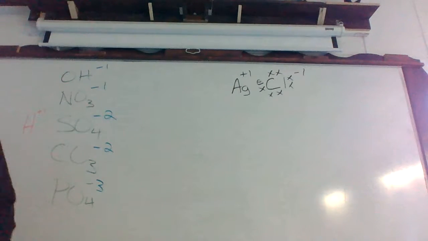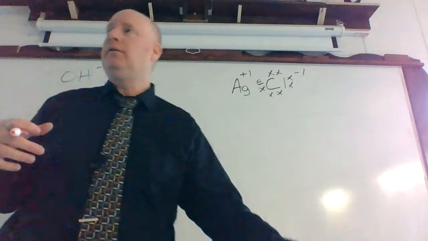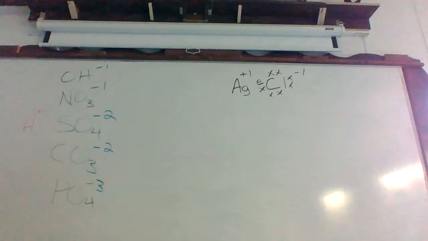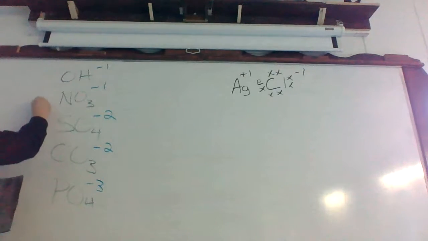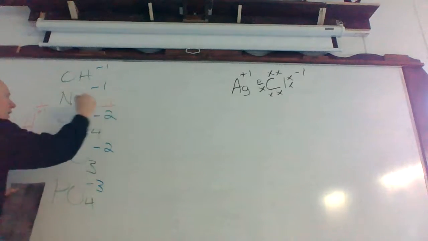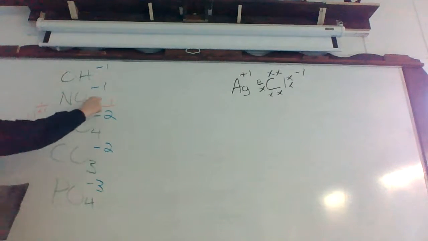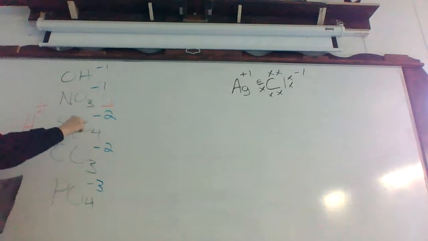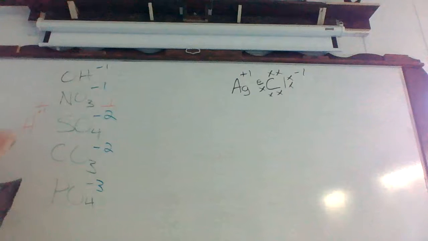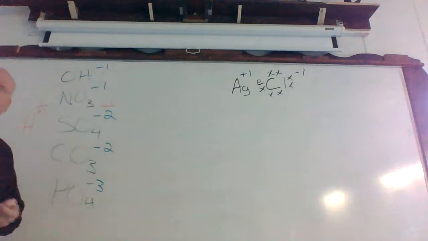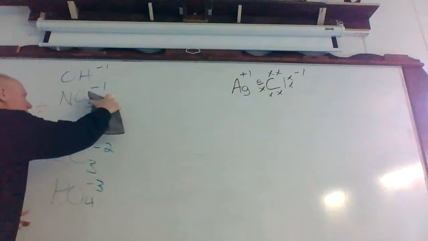You might be thinking, well, it's 1. That's the least common factor, but it's not the least common multiple. Because if we did that, the answer you get when you divide tells you what to put below. This is fine because 1 divided by 1 gives you 1. But 1 divided by 2 doesn't give you a whole number. It gives you a fraction instead. So when we change that to a 2,